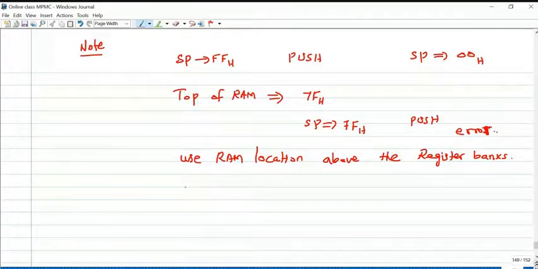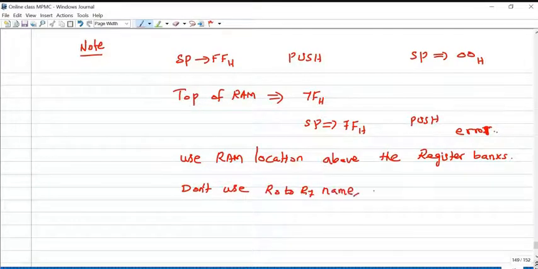Suppose you are using register bank locations, don't use the register names R0 to R7. Use the address only. So these are some points regarding your push and pop operations.